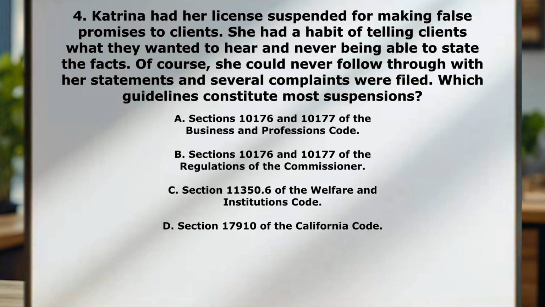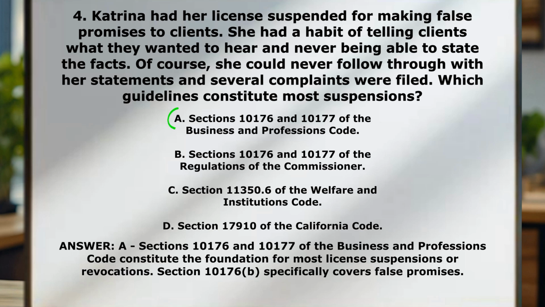Answer B, sections 101.76 and 101.77 of the regulations of the commissioner. Answer C, section 11350.6 of the Welfare and Institutions Code, section 17910 of the California Code. Answer A, sections 101.76 and 101.77 of the Business and Professions Code constitute the foundation for most license suspensions or